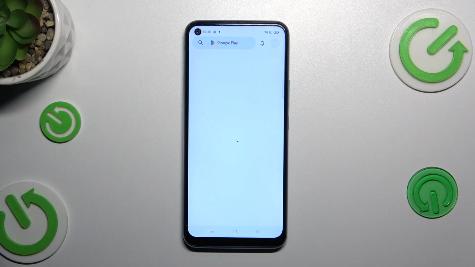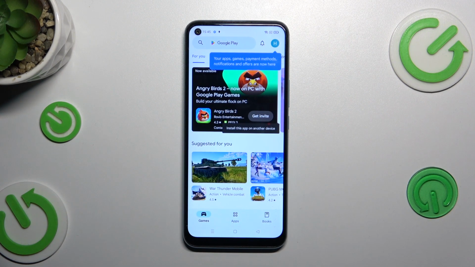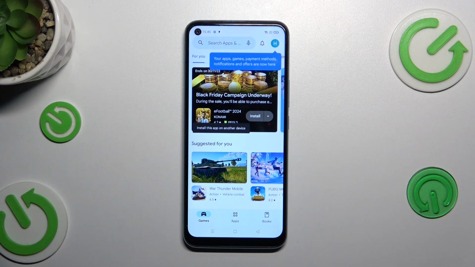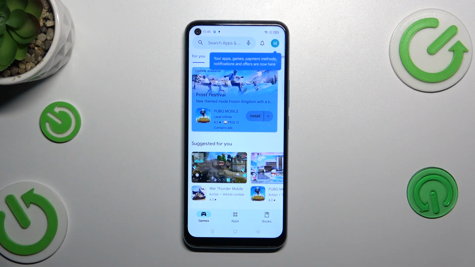Another important thing is the Google account, which should be currently added to the device. Thanks to it, you will be able to immediately follow my steps. If not, you will have to either sign up or log in right here. If you're not sure how to do it, no worries, we've got the tutorial in which I explain how to add and remove the Google account in this device, so I highly recommend to check it and then come back